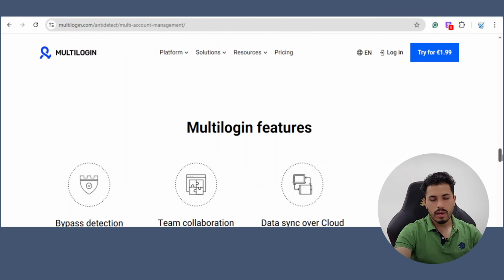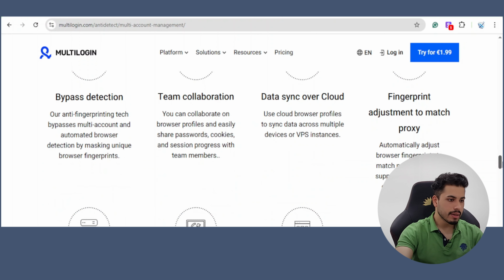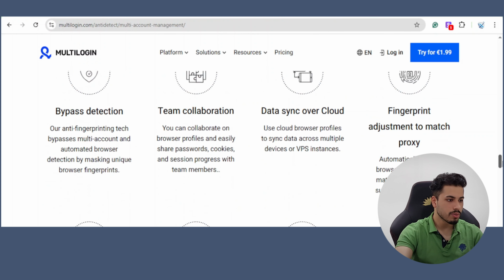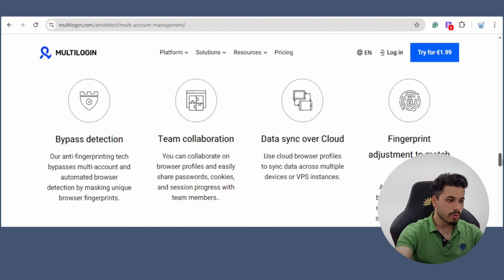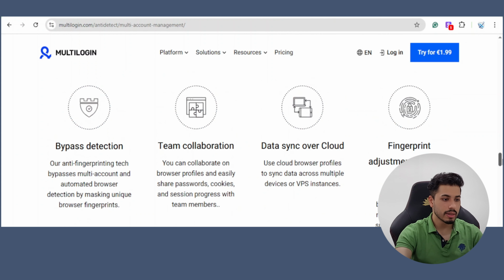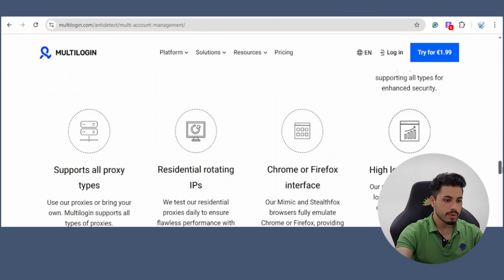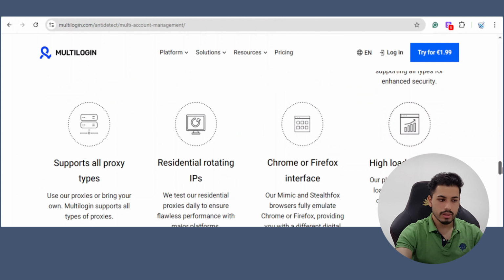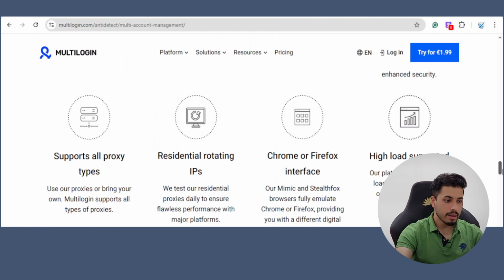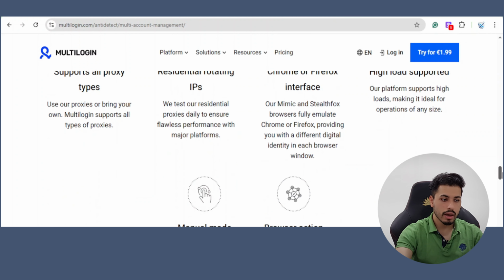This is a really helpful tool, and as I said, this is the key problem in the market that they are addressing. These are all the features that they provide: bypass detection, team collaboration, data sync over cloud, fingerprint adjustment to match proxy, support for all proxy types, residential, rotating IPs, Chrome or Firefox interface, high load supported.